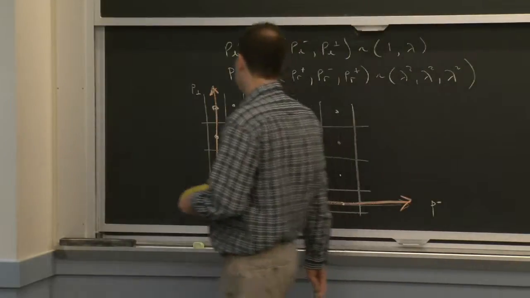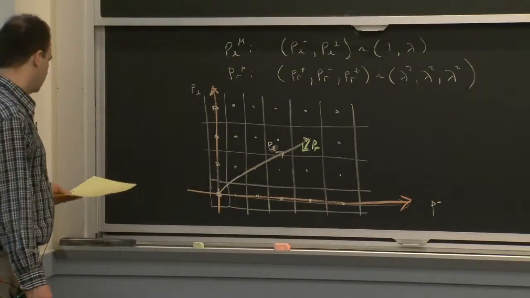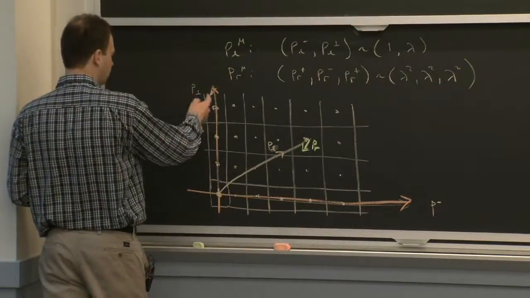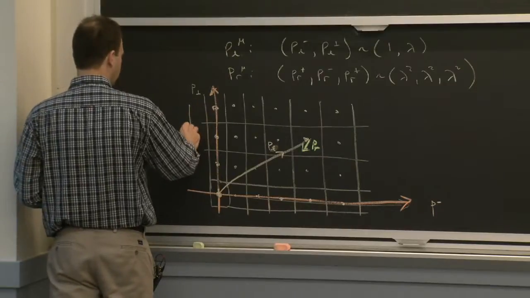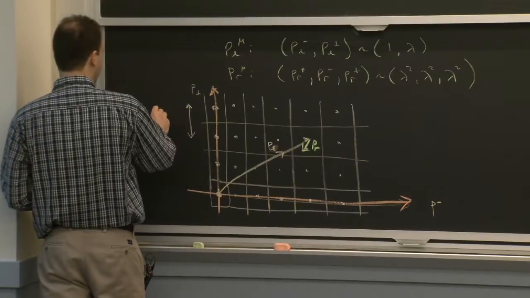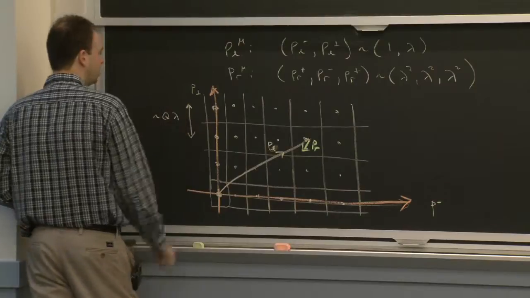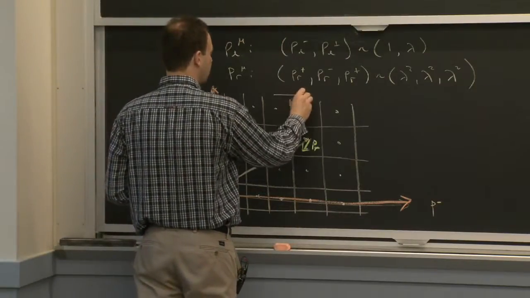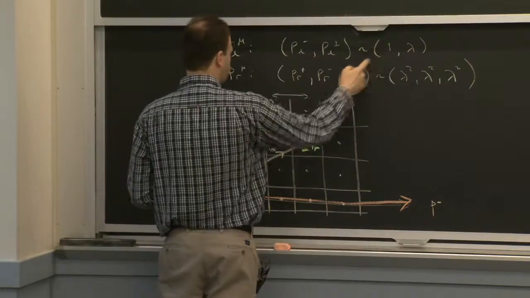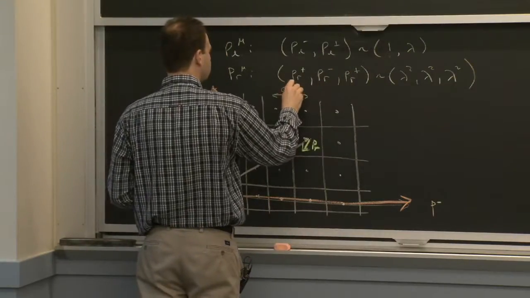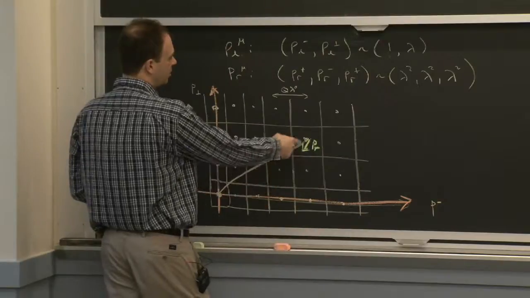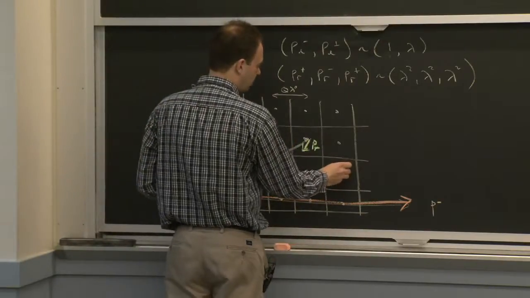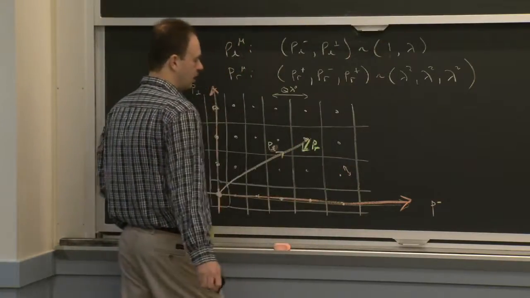The way that we should think about this is in the following sense. We should think about the average spacing in between these grid points here as something that gets a power counting that makes it of order q lambda. The average spacing between grid points in this direction is something that makes it order 1. But if I ask about distances inside a box, if I ask about a distance like this one, that's of order lambda squared.